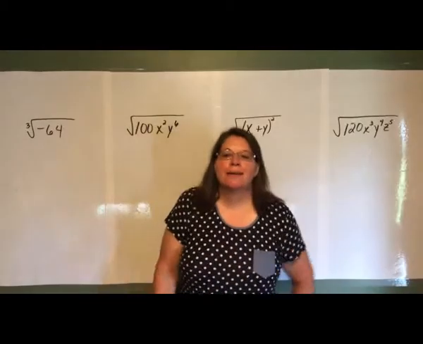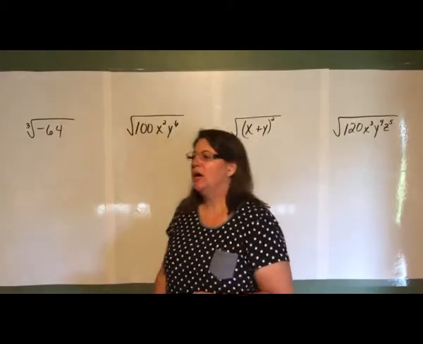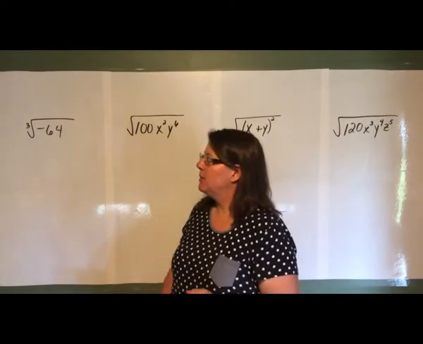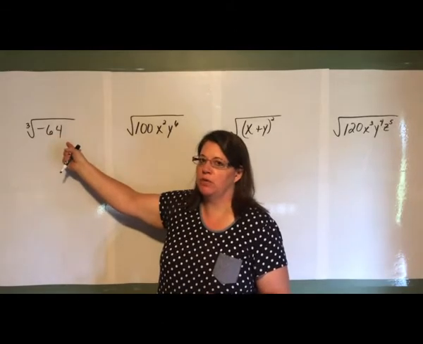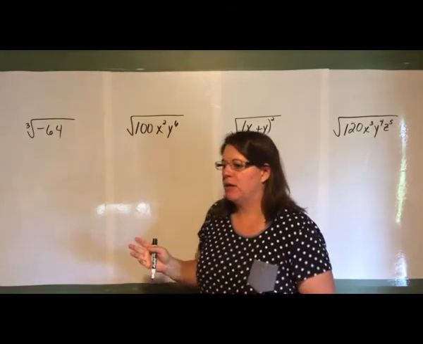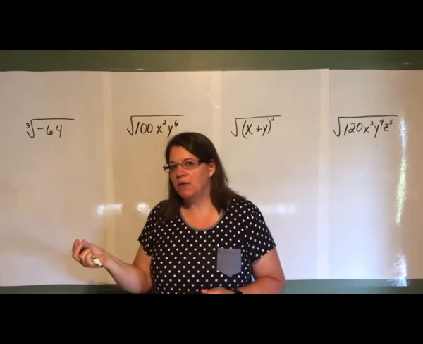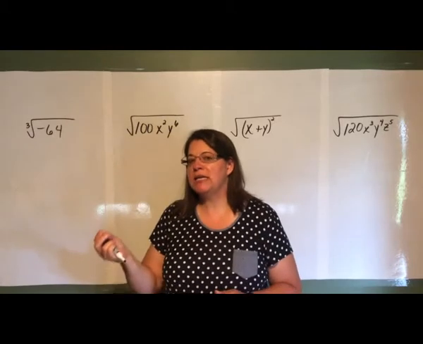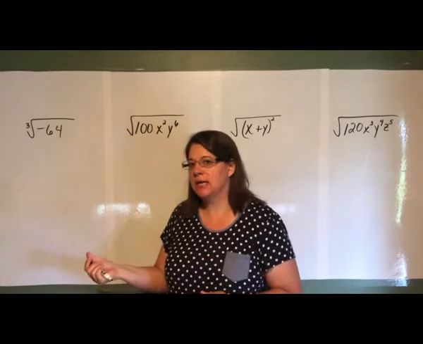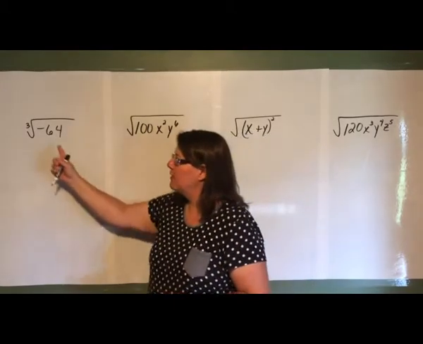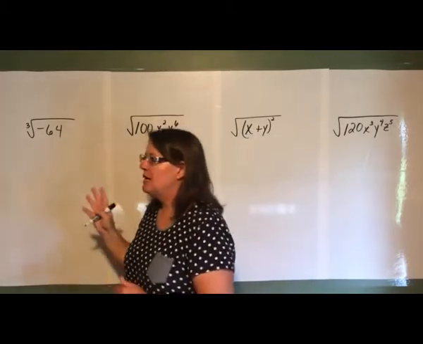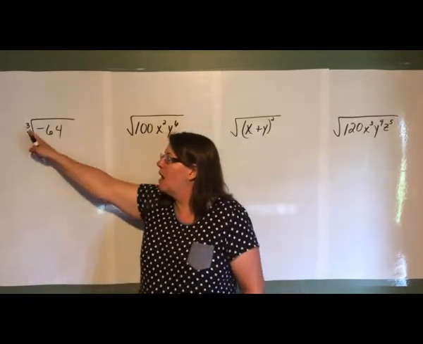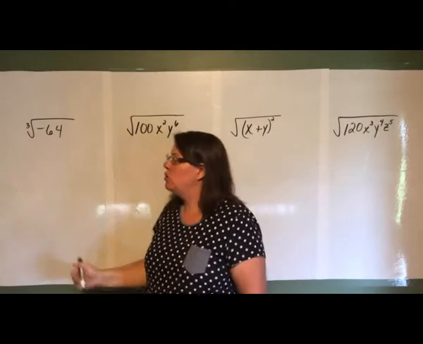All right? Okay, we talked about what happens when you have a square root of a negative number, that we had to put no solution at this point. But we didn't talk about what if you have a cube root of a negative number. If you think about it, when we're talking about the cube root of something, we want something that multiplies by itself 3 times to give us the number inside the radical. So if you think about that, anytime you have a negative number underneath an odd index number, you could consider